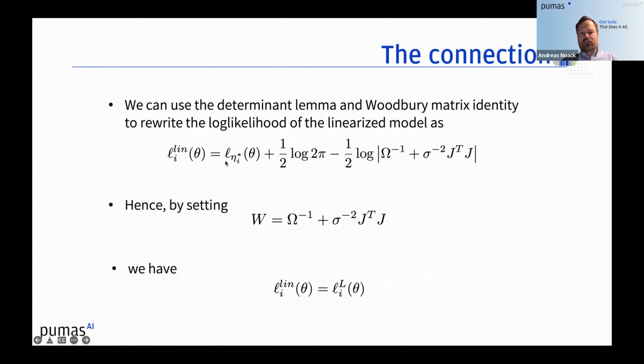So we can get it in a form where we again have the conditional log likelihood evaluated at the EBEs first. Then we have this term related to the normalization factor of the Gaussian density. And then finally, we have a log determinant here, which is omega inverse plus sigma to the power of -2 J transpose J. This ends up in a product of the Jacobians. So compare this equation here, the linearized version of the